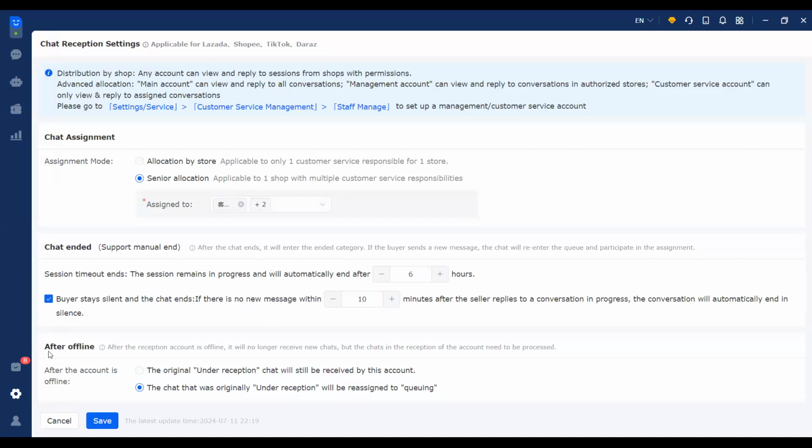We also have the setting for after going offline. For example, we have already finished work, so we will not reply to the messages. So when messages come in, where will they go? Here we should set, after the account is offline, whether the original reception chat will still be received by this account, or will be reassigned to another. The first one means that, for example, if Lucy is in charge of the receptions,